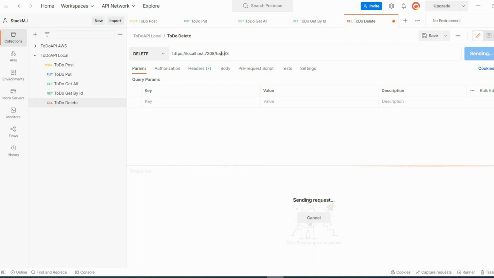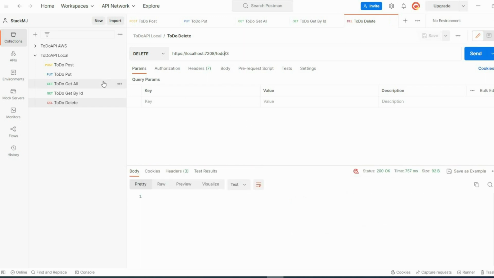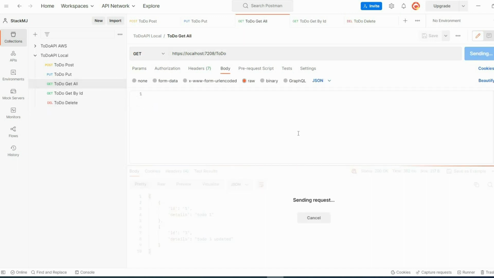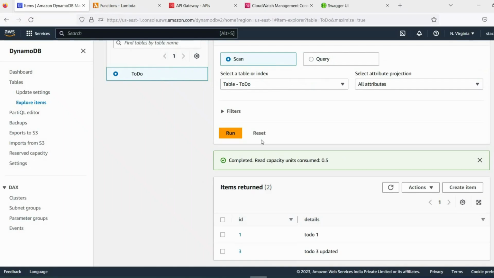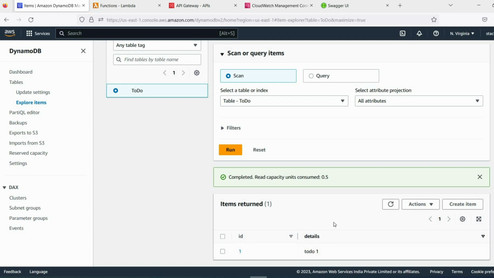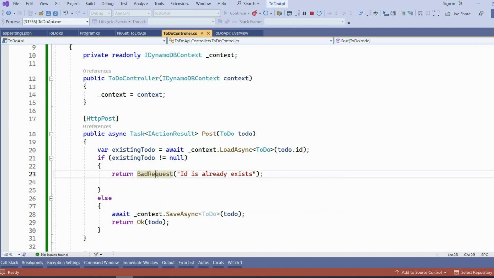ToDo, it returned 200, so it means our data is deleted. So we can verify in the get API. Yeah, there is one record, and we can also verify from the DynamoDB table. So that record is deleted. So this is how we can create a normal API with DynamoDB, and now we will convert this API